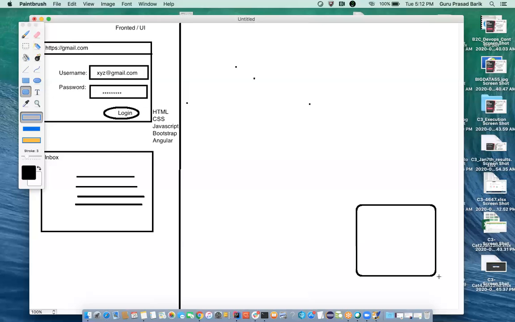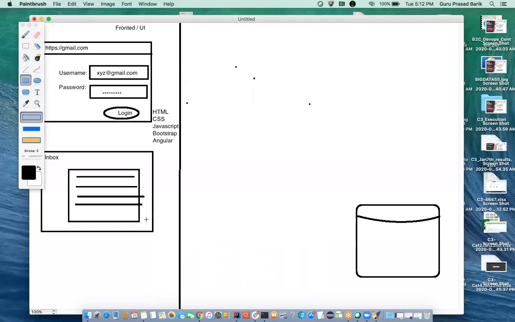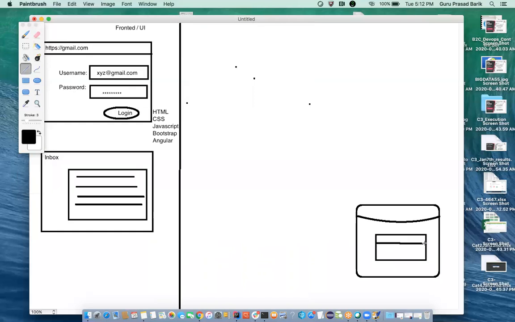The data is present in your database. This is your database, where all your inbox data is present. In which format? In a tabular format. What is a table? A combination of rows and columns. All the inbox data you are seeing here is present in this table in this database.